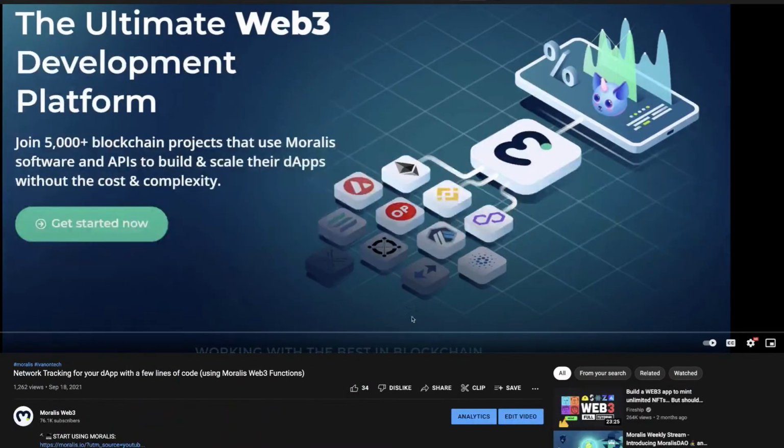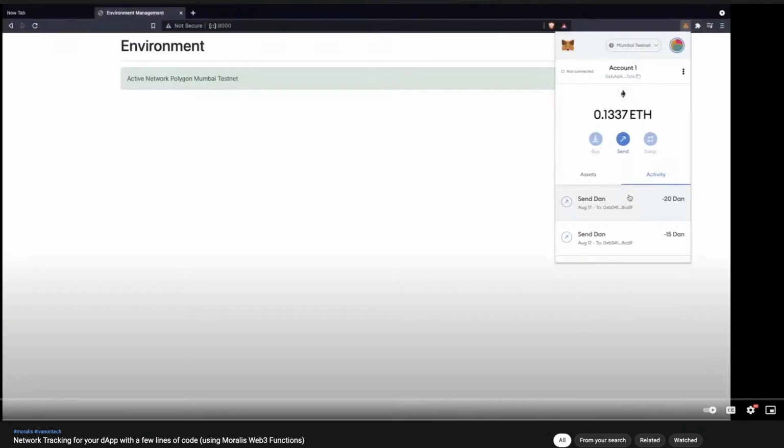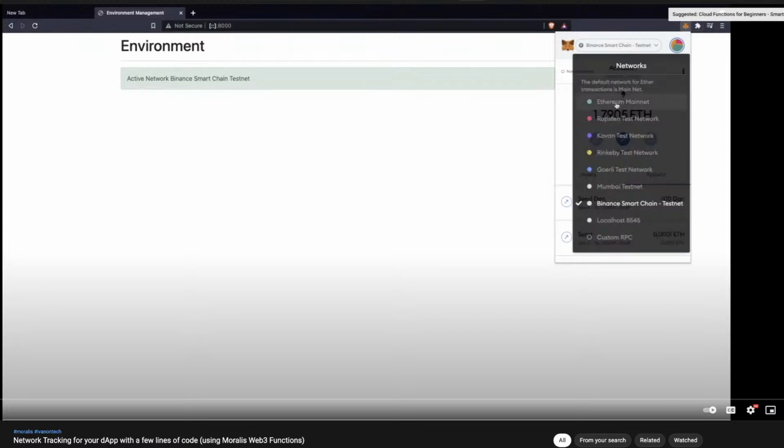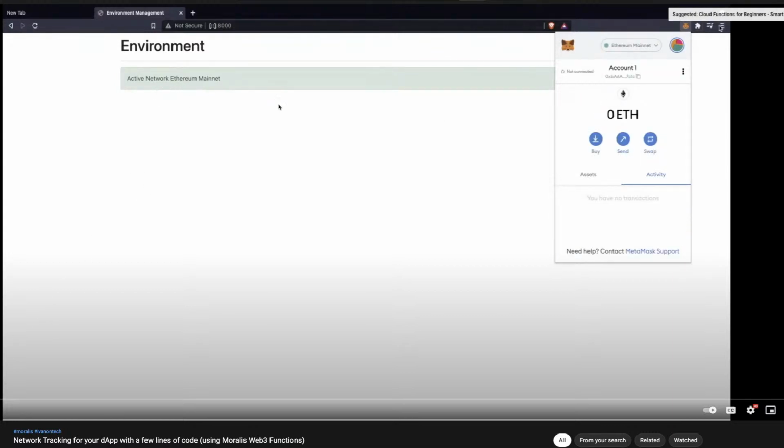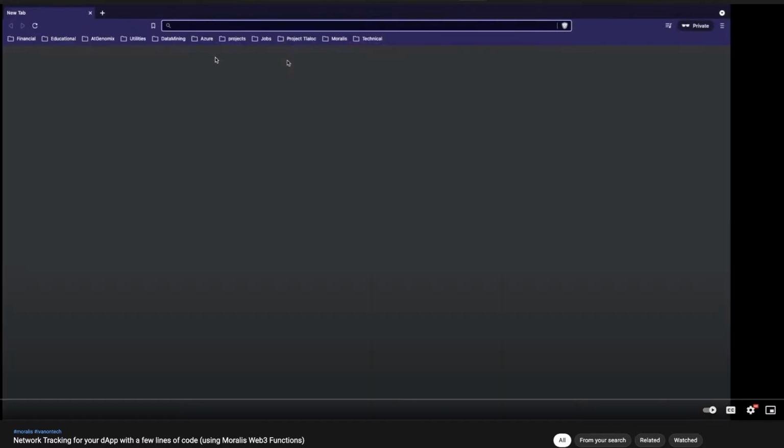Let me see, Moralis change network. There's a video for that actually. Network tracking, yes, this one. I remember Daniel recorded it. You can see network tracking for your dapp with a few lines of code. So here is how you can do things where you restrict some networks. Mumbai Polygon, and then let's see what happens. And we will play, and then as you can see, Daniel is going to go. Oh yeah, so it tracks Binance Smart Chain, Ethereum. So as you can see, it tracks, and then you can add custom code, where you can block if it's the wrong one, basically.